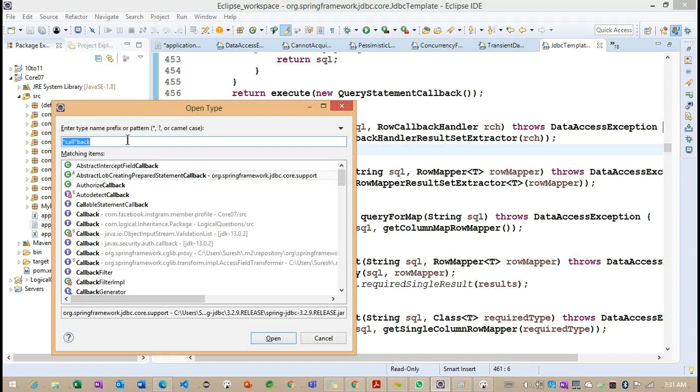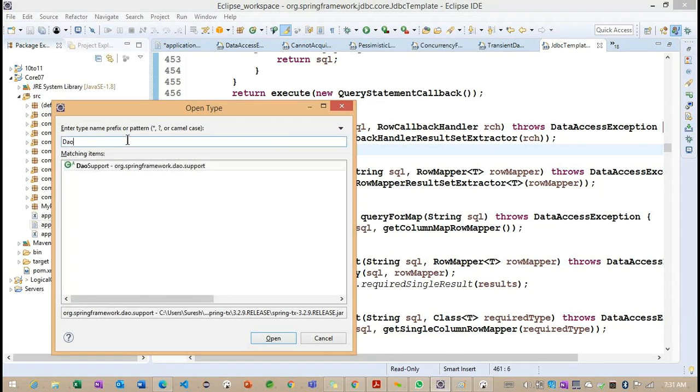DAO support classes, maybe I think so. The DAO support is going to take care of the callback functionality. Callback functionality is nothing but working on the transactions here, like whenever we are calling any method to insert or update the data, the support classes take care of it. But these support classes are deprecated from Spring 4 onwards. Again, the code is implemented in our template classes, so everything is handled from the template here.